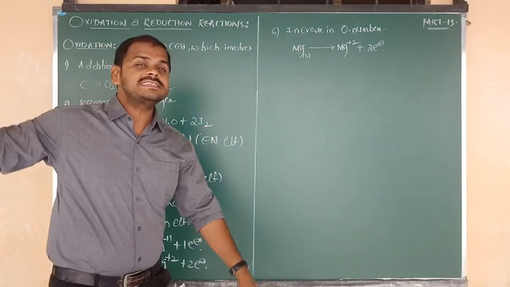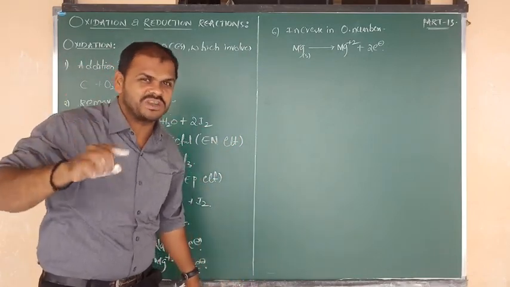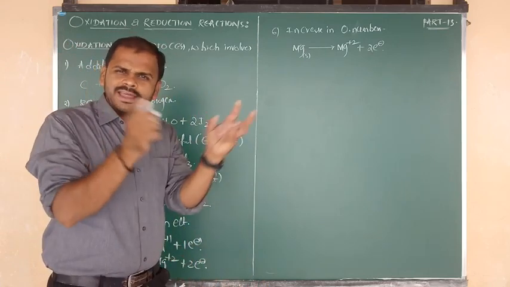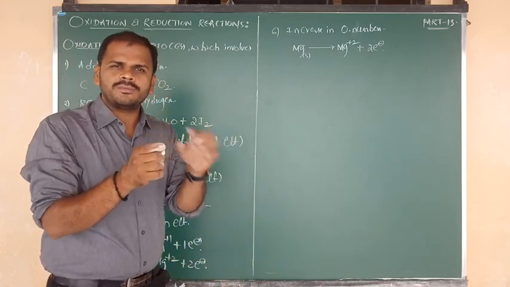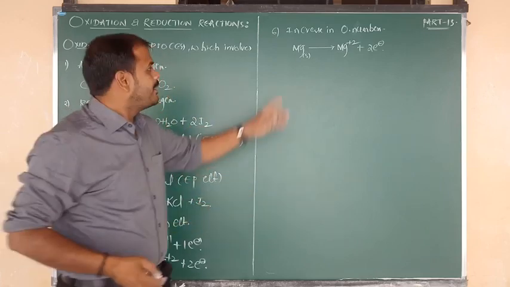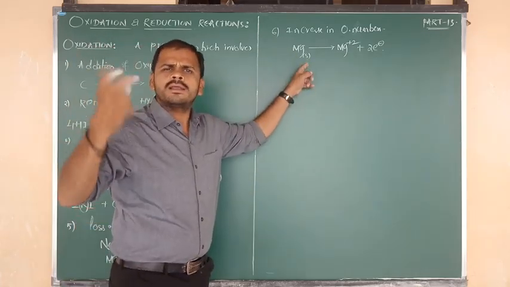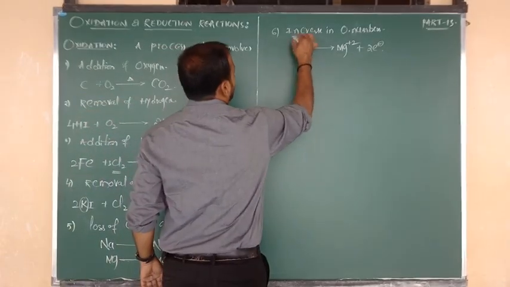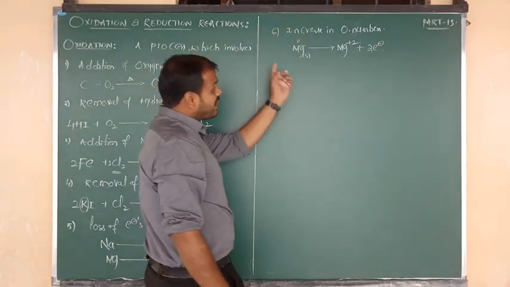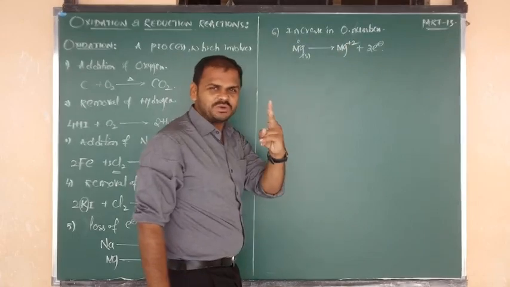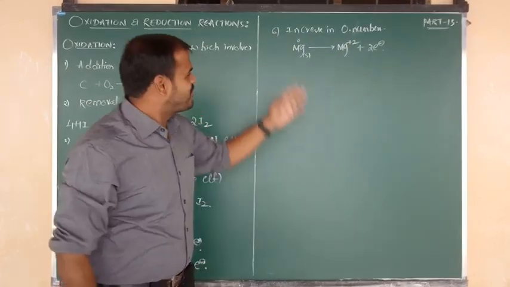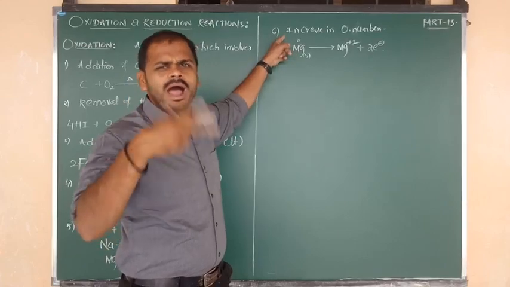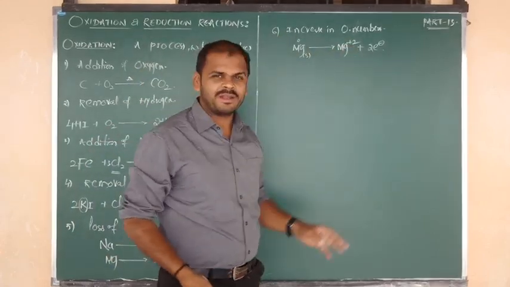In the oxidation state topic, I have given the rules. In rule number 1, I told that in the elementary state, any atom's oxidation state should be 0. So Mg is a free atom in uncombined form, so it should have oxidation number 0. But in the product, magnesium has plus 2. So from reactant to product, reactant Mg has 0 and product Mg has plus 2.